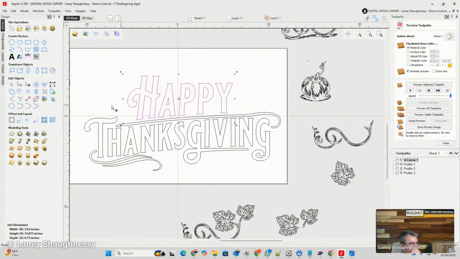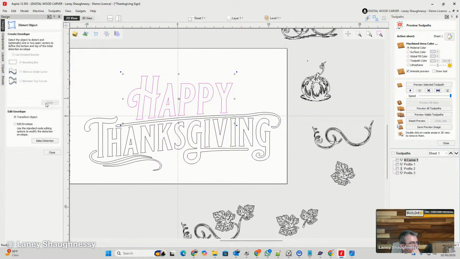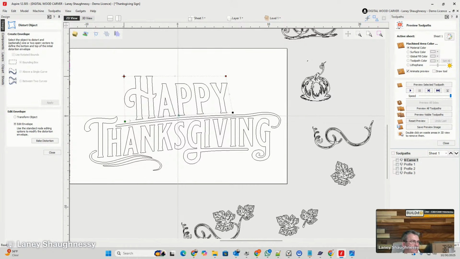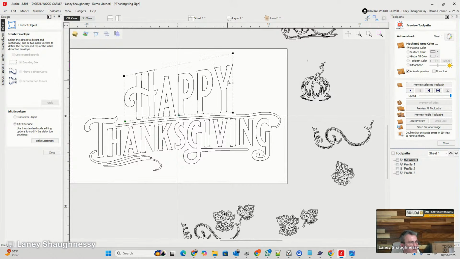Now, still in that distortion tool, I can still edit this envelope. Happy is kind of leaning, you know, this way. So I'm going to take these two nodes and I want to kind of pull this back slightly. So it's kind of more leaning this way. But also at the same time, I can pull this a little bit to more straighten it out. You know what I mean? So whatever I do here, it's going to do everywhere. So I want this to kind of be somewhat